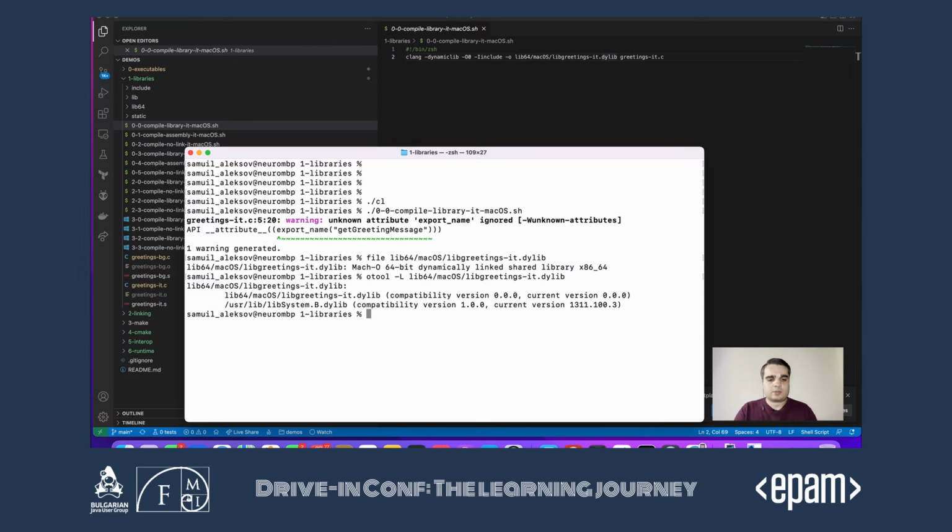Another POSIX utility is nm, so we can do nm -g and our library. And nm can actually show us the symbols being exported by a particular collection of executables. So we see here we export our buffer, which means that we are preserving the 8 megabyte size of garbage. We are exporting our exit message, and we are exporting our get greetings message.